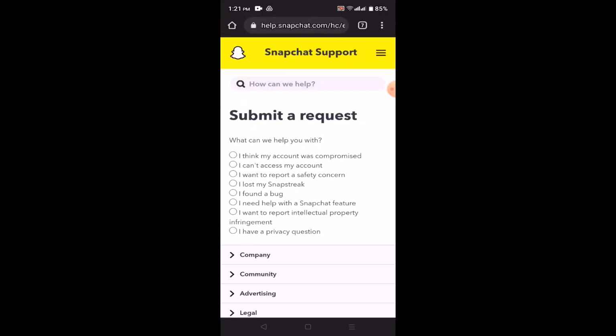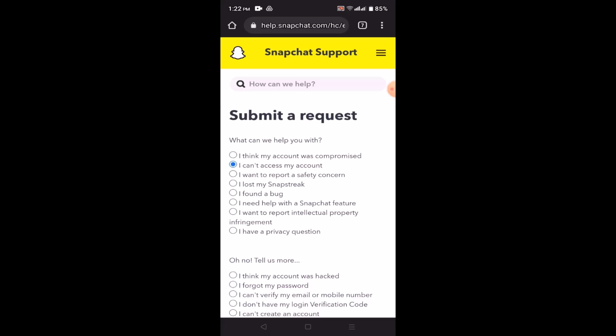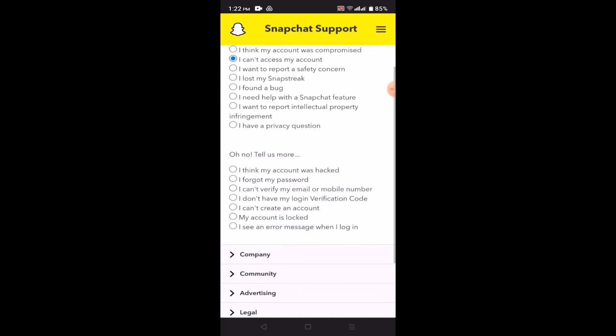Click on it. As you click on contact us, you'll be redirected to the support center once again, and right on this page you'll need to submit a request. So first of all, you need to select the help category that you want. Since you're unable to recover your account, click on I can't access my account. Now once again, you need to be more specific, so scroll down a bit and then click on I forgot